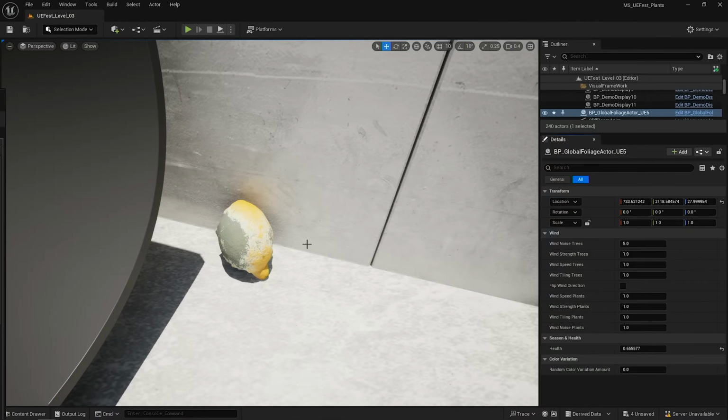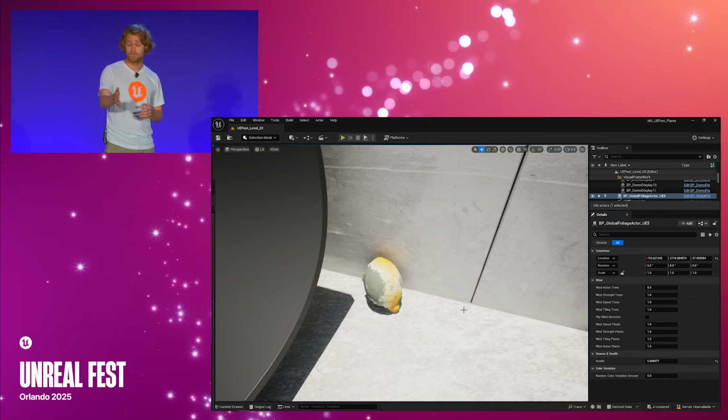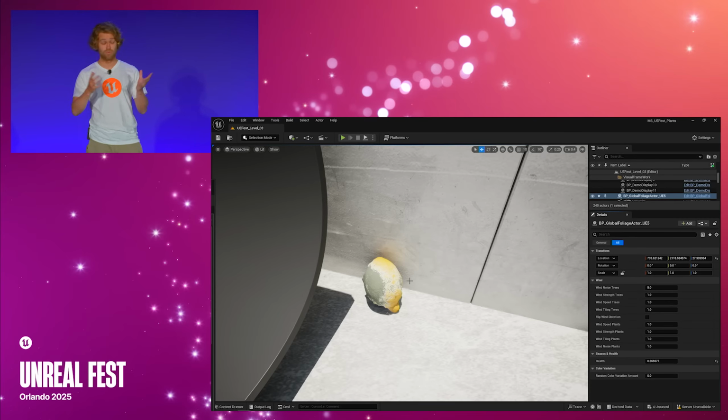And then you quickly can. You just need some kind of gradient in your asset. A lemon has different kinds of yellow values all over the place. Instead of shifting it to brown, you shift it to some kind of green, blue mold color,